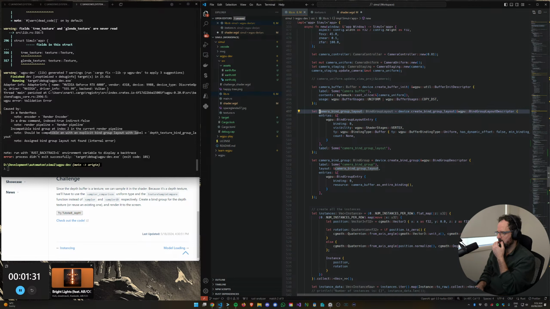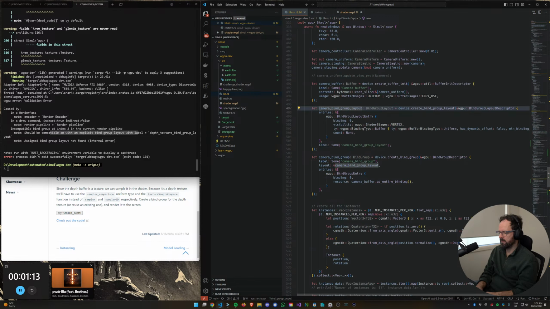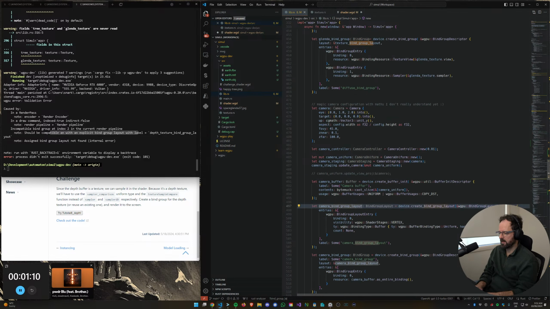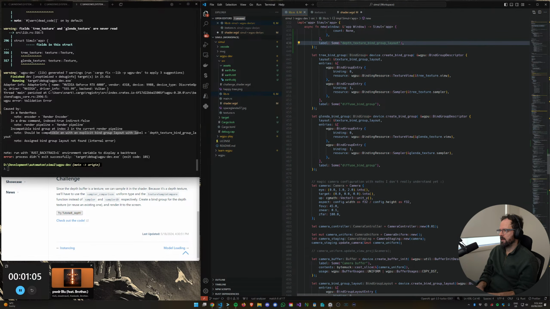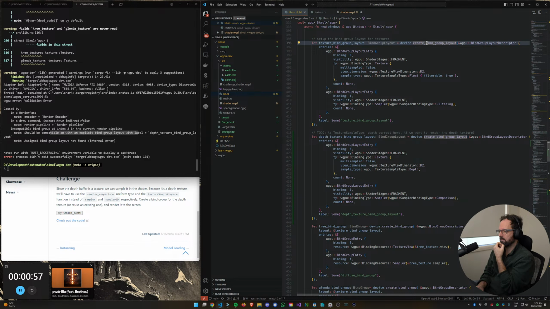So this was available to vertex. Bind group layout. Let's look at all of them. I should have them all defined close to each other so I can compare them easily. Texture bind group layout. So texture, oh, that was depth. Okay, cool. So here we had